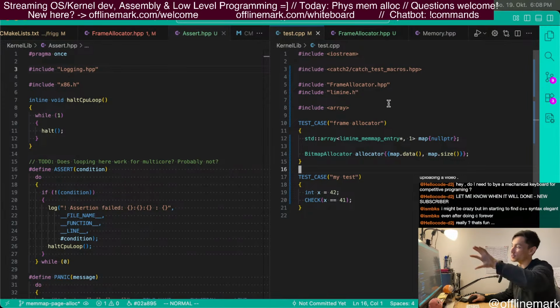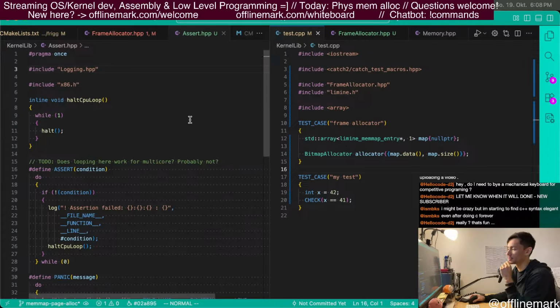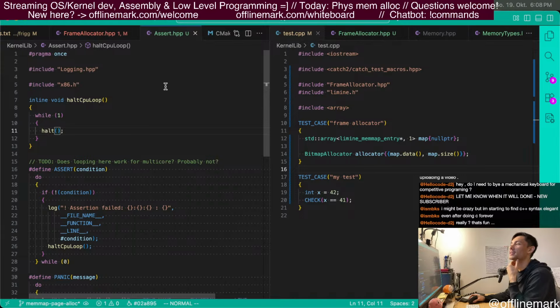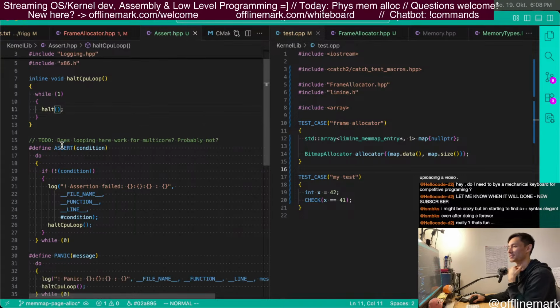So we had to drag those out. And then now to be able to use assert here, now we need the assert header for this thing, but now we're actually starting to hit the hardware